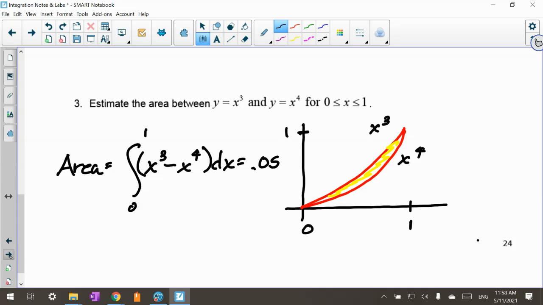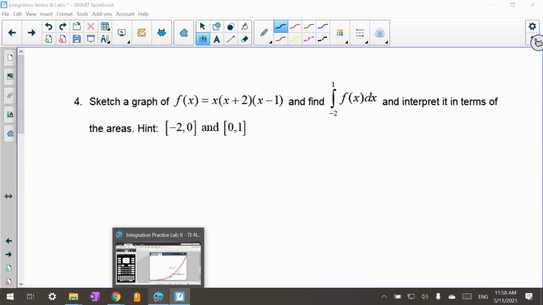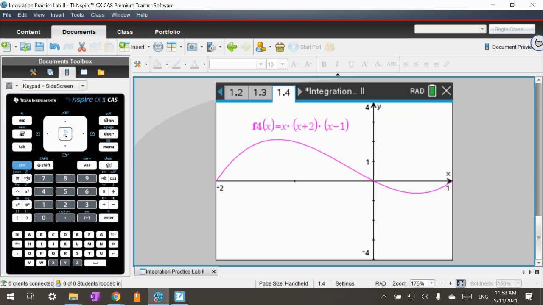All right, let's go do number 4. It says sketch the graph of x times x plus 2 times x minus 1. Well, I kind of know what this looks like, but I also graphed it. So we're going to go to the next one. I graphed it from -2 to 1. That's what they asked us to. I can tell that it crosses at 0, at -2 is a root, and at 1, just because it's a polynomial. And they basically want you to find the area between the